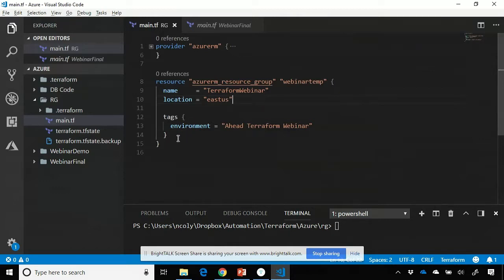And then the final thing we've added here, just to show you that we can tag it. We've added a tag called environment equals ahead Terraform webinar. A lot of people tag the objects. You're allowed 15 tags in Azure, and those might be your business units, cost centers, etc., that you might want to include. So with that, I'm going to drop down to the terminal at the bottom here,